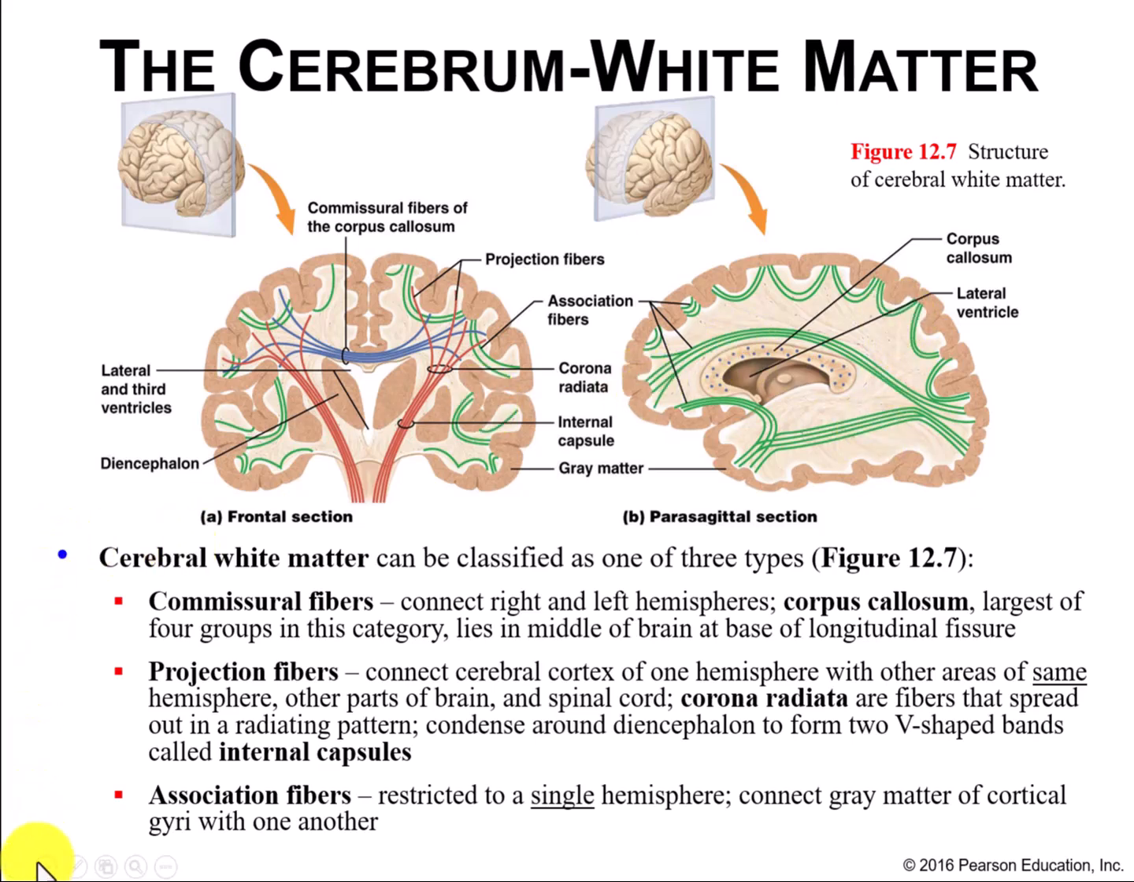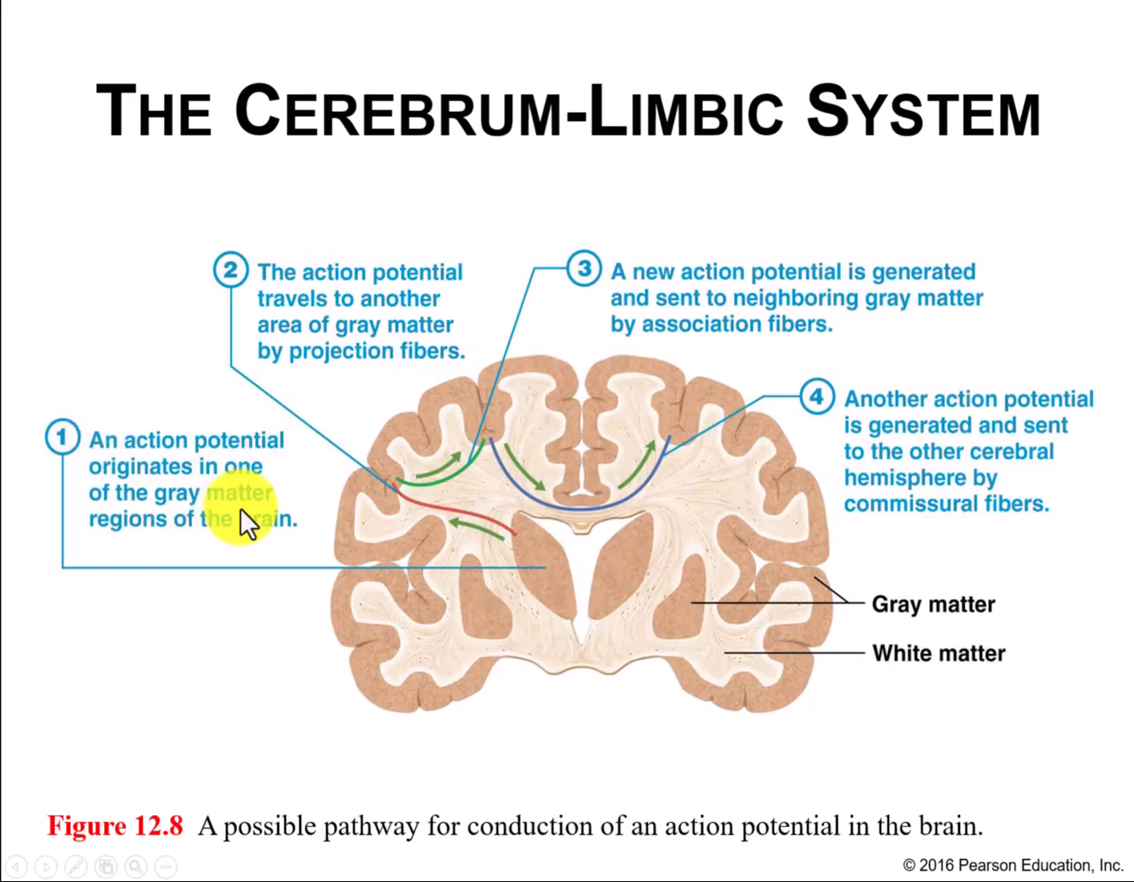And so this is how our action potentials are going to travel through the central nervous system from one fiber to the next to move around to where they need to go and to go back out. So come in sensory, leave out motor. And so here you can see an action potential originates in one of the gray matter regions of the brain. Remember, gray matter is where our neuron cell bodies are, so that axon hillock gets to threshold, fires an action potential. Then it travels through another area of the gray matter by our projection fibers. Then an association fiber is going to carry it through that same